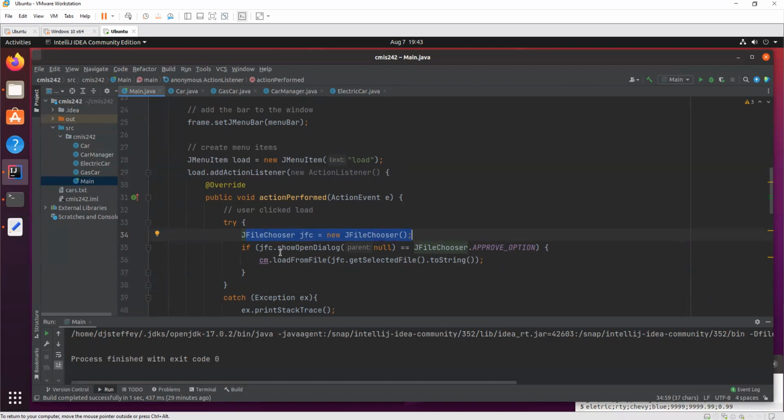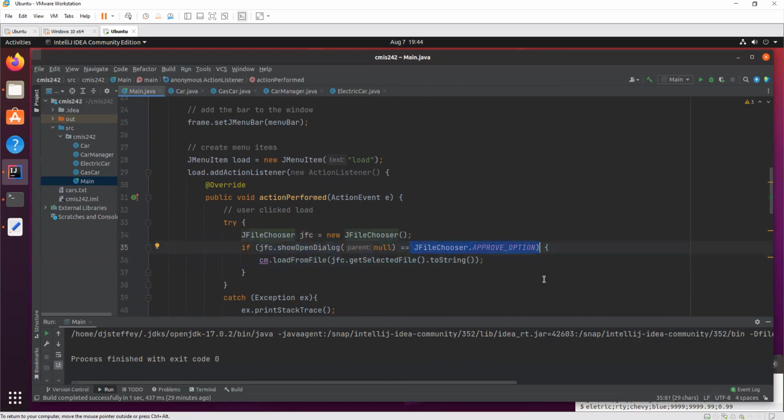That's what a JFileChooser does. So a JFileChooser just makes one of those file selection GUIs. And then we show it with this JFileChooser.showOpenDialog that shows us all the files that we can select. And then what we have to do, we have to say if that is equal to the approve option.